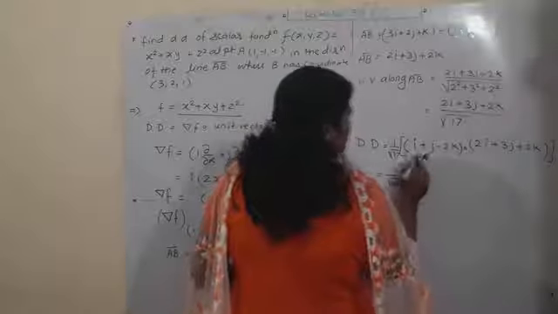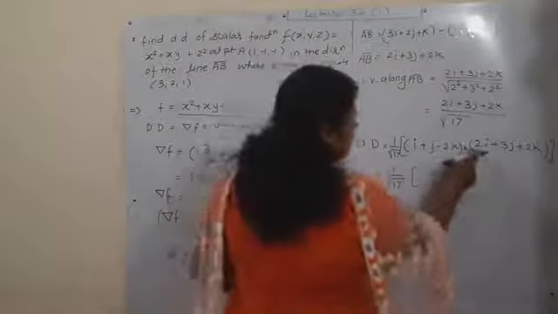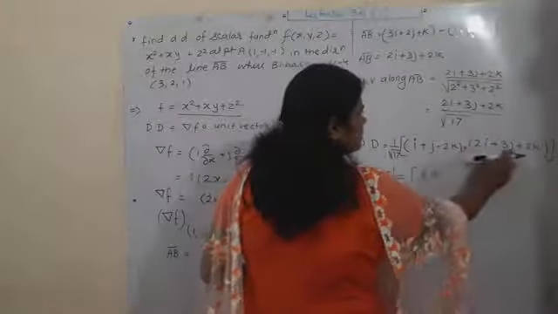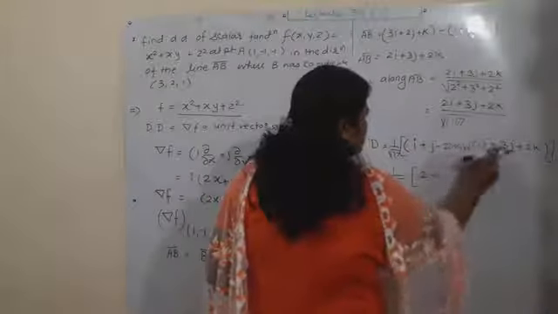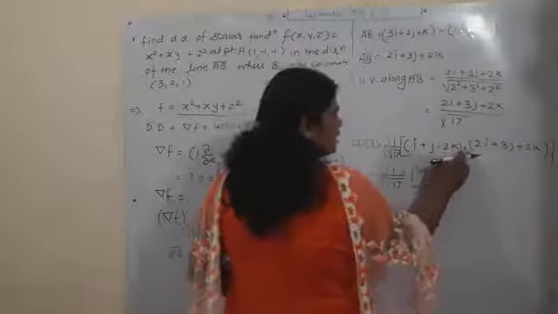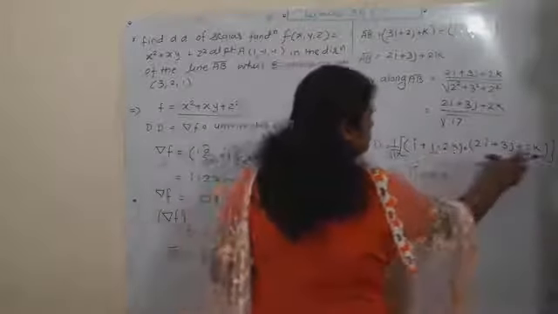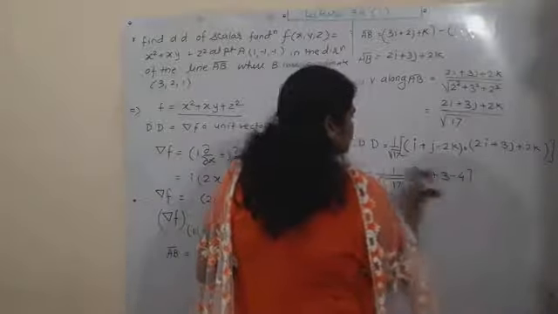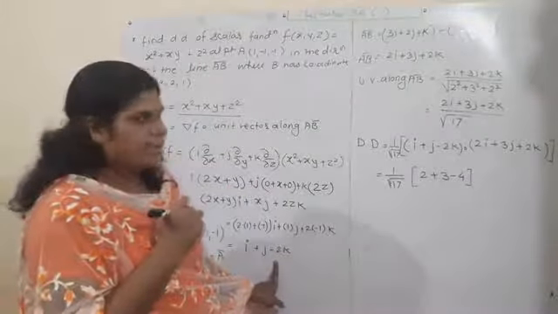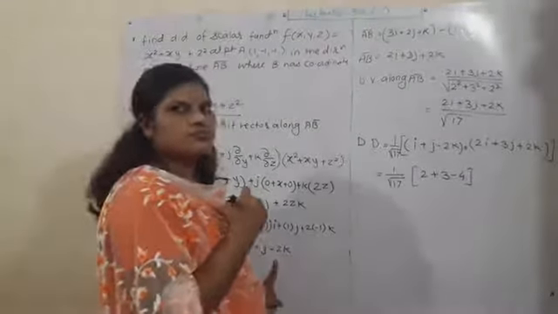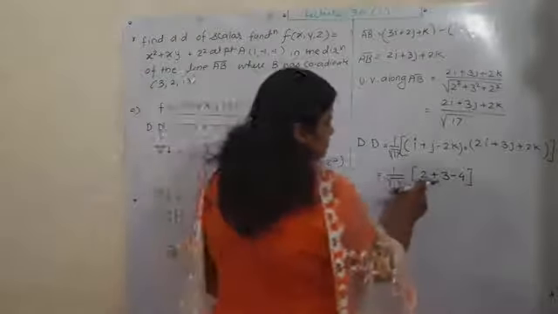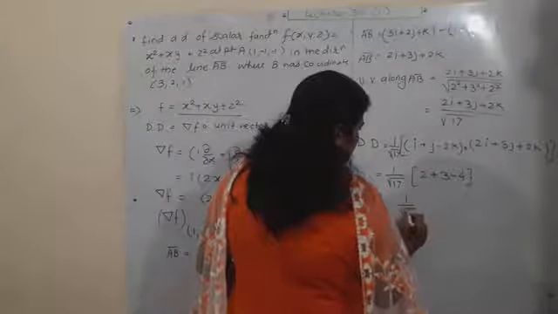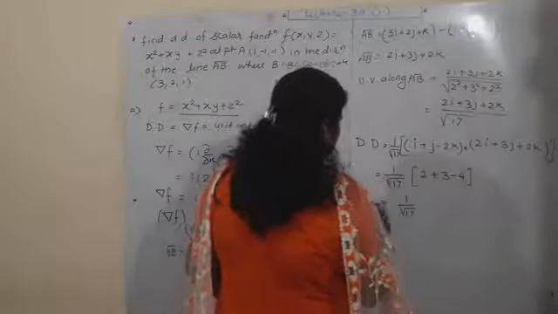सो यहाँ पे क्या होगा इसका डॉट प्रोडक्ट, i डॉट i बिकम अ 1, और यहाँ पे 2 है तो यहाँ पे 2 रहेगा. देन प्लस j डॉट j अगेन 1, पर यहाँ पे 3 है, 1 into 3 it becomes 3. देन यहाँ पे k डॉट k is 1, but here is minus 2 and plus 2, so it becomes minus 2 into 2, it becomes minus 4. ऐसे फॉर्म में आ जाएगा ये. अब इसका कैलकुलेशन क्या होगा, 2 plus 3 5, 5 minus 4 it becomes 1, so that is 1 by root 17. एक बार अच्छे से इसको ऑब्जर्व कर लो.